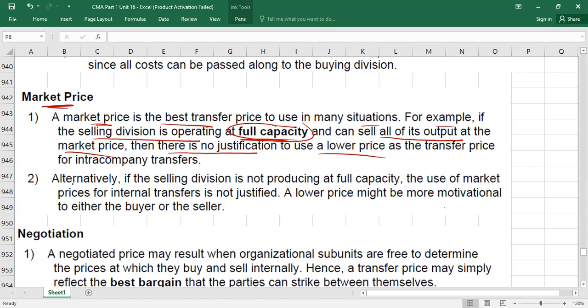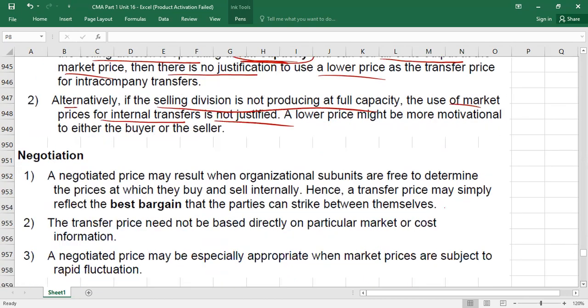Understood? Then the alternative. If the selling division is not producing at full capacity, maybe if you have idle capacity, the use of market price for internal transfer is not justified then. Right or wrong? Because these machines are spare. So in that scenario, this is not a justifiable action. You cannot demand market price. Okay. There are positive and negative points for each transfer pricing. So then